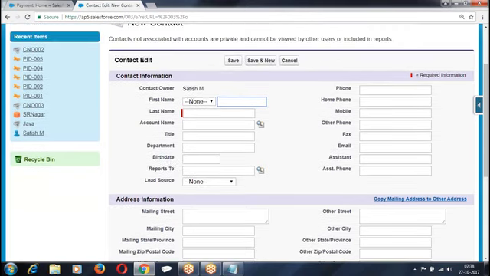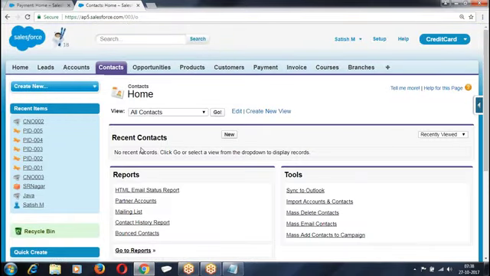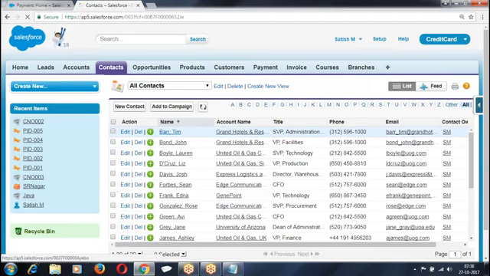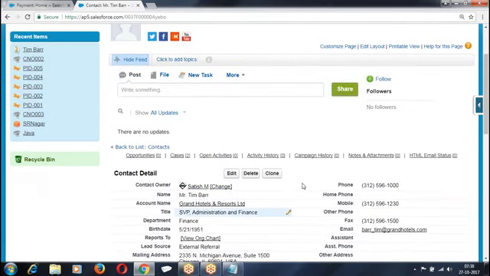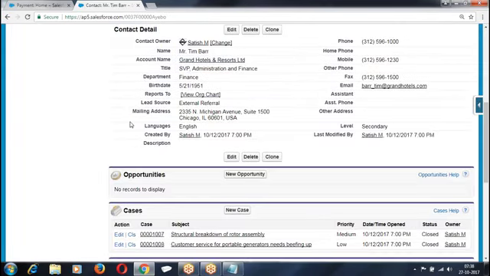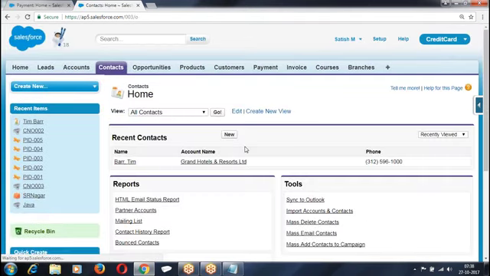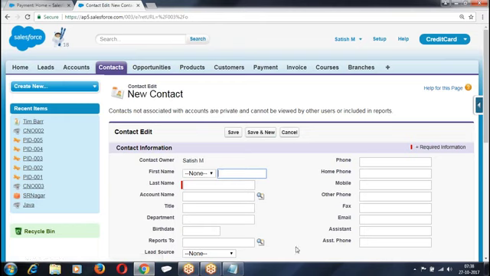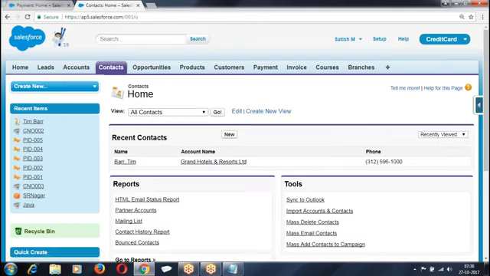This is called the edit page of the record. Once I open any record, that is the detail page. So this is the edit page, that is the detail page, and we call this the home page. Every object will have a home page.